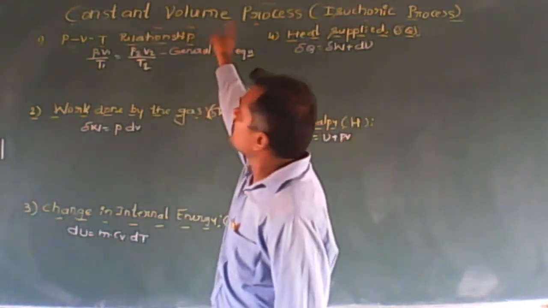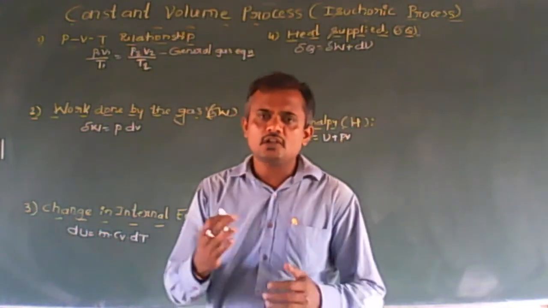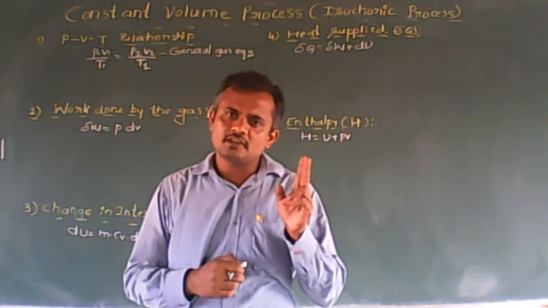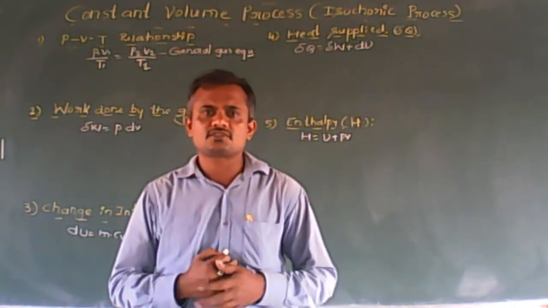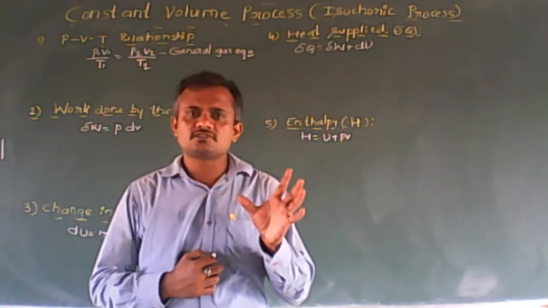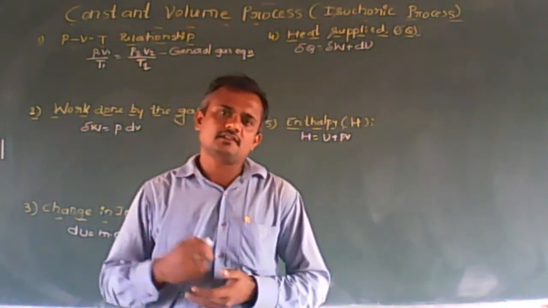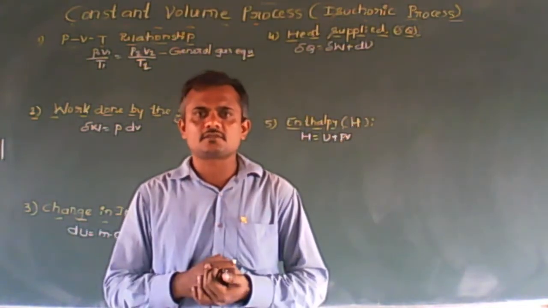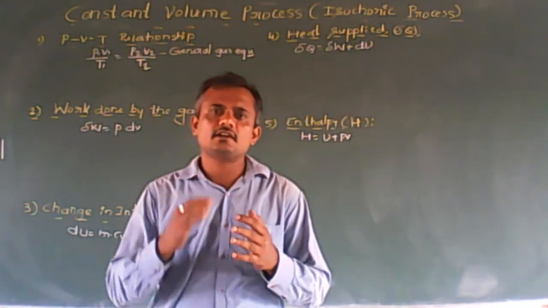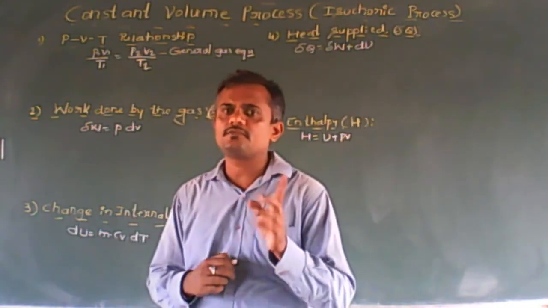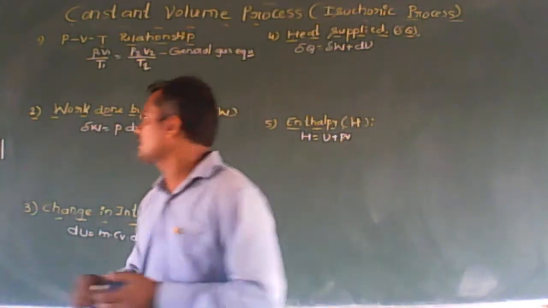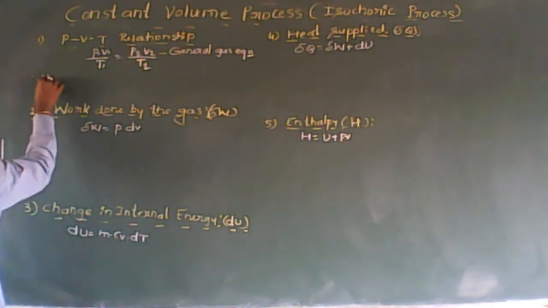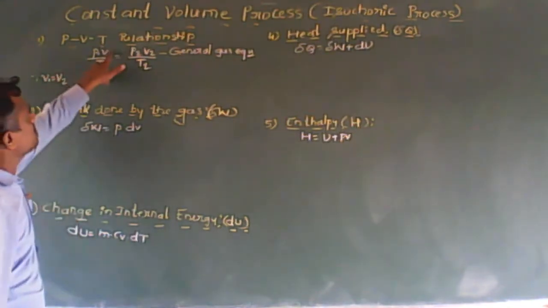And for our constant volume process, if the volume is fixed, then what can we take? Suppose there are only two thermodynamic states of a system, an initial state 1 and a final state 2, where heat is added or withdrawn, whatever process is taking place. In that, we have to take a fixed volume, due to which V1 should be equal to V2. So in this main equation, what can I write? V1 is equal to V2.